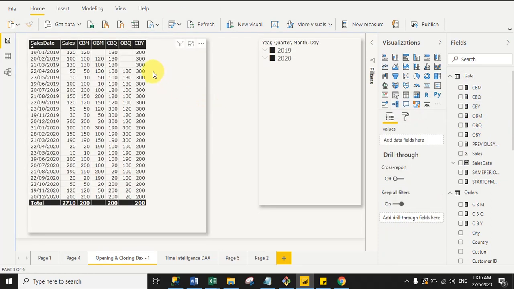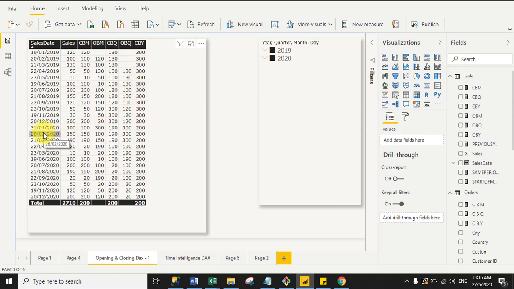So you can see here it returns 300 for the first year and 200 for the second year. So I will explain why it returns 300. If you notice here, in the year 2019, the last day of sale is 20th December 2019 and the sales value is 300. So that's why it returns 300 for the whole year, right?